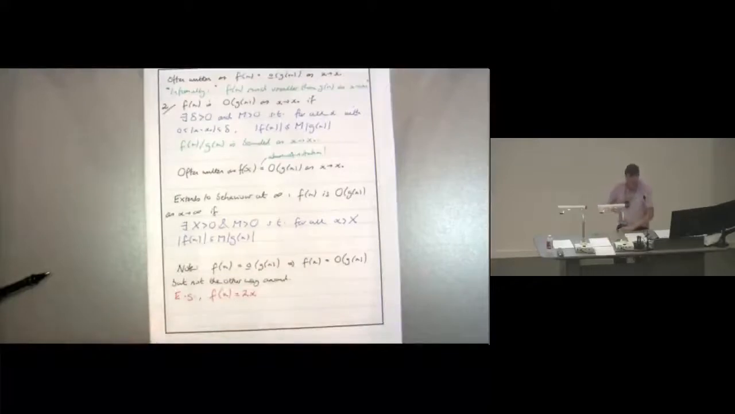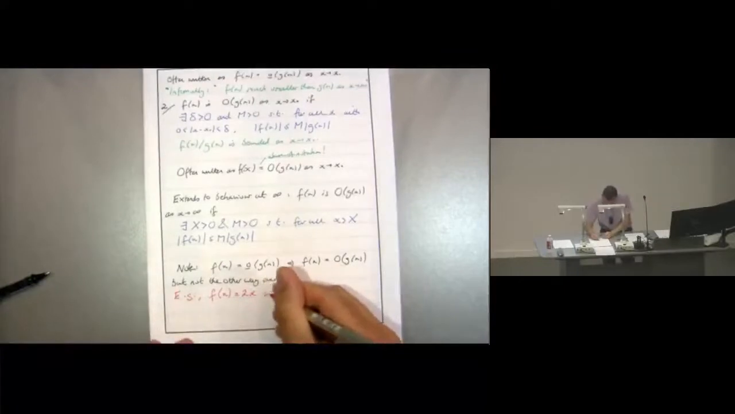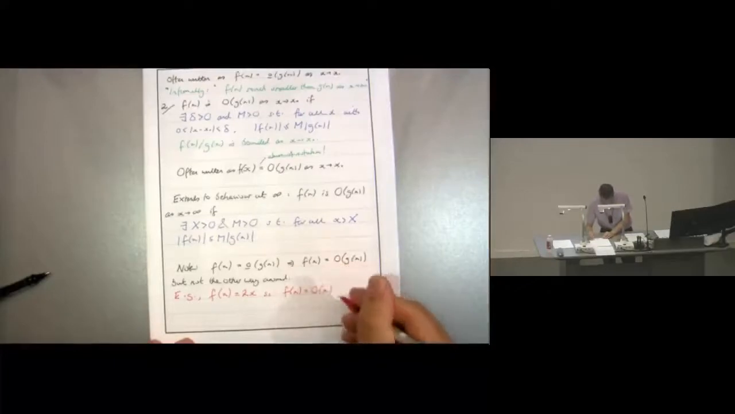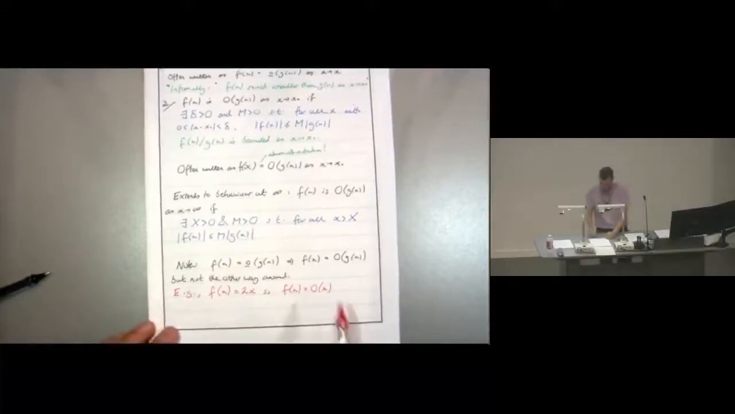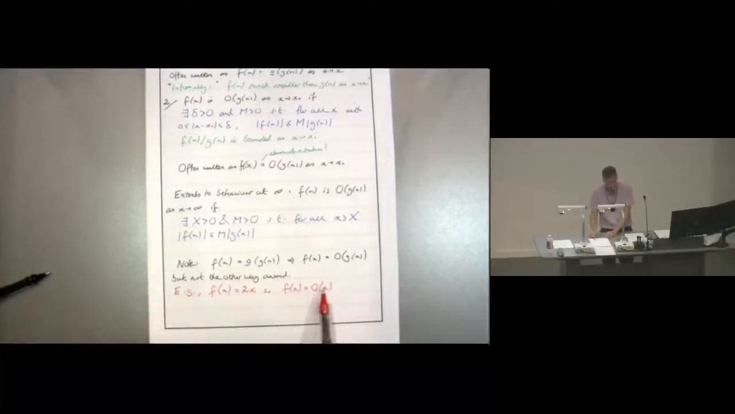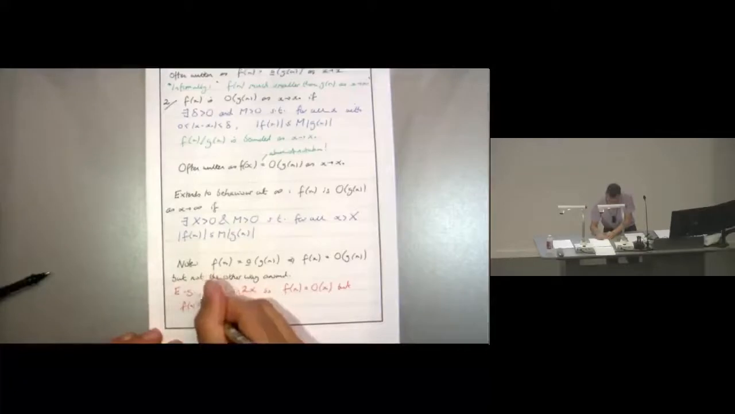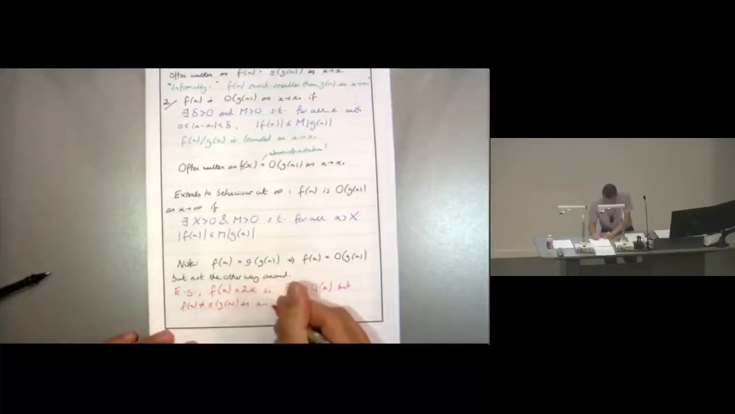So let's take the function f of x is 2x. Okay, very simple function, just a linear dependence. So clearly, given our definitions, f of x is big O of x, say as x goes to 0, just because f of x, which is 2x, is certainly bounded by the function x, i.e. it satisfies this definition with M equals 2. But f of x is not little o of x as x goes to 0,